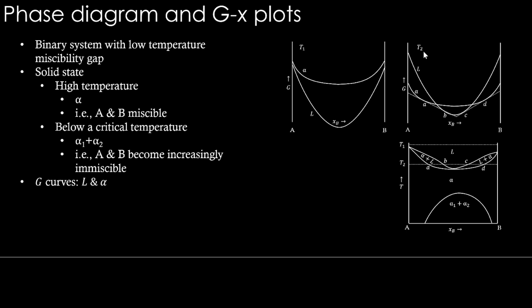Similarly, on the right side you will have C and D. These two are also touched by one single line, right? So this is a common tangent to the liquid and alpha curves. It is touching at C and D. Therefore, this will translate directly to the phase diagram as tie line information.